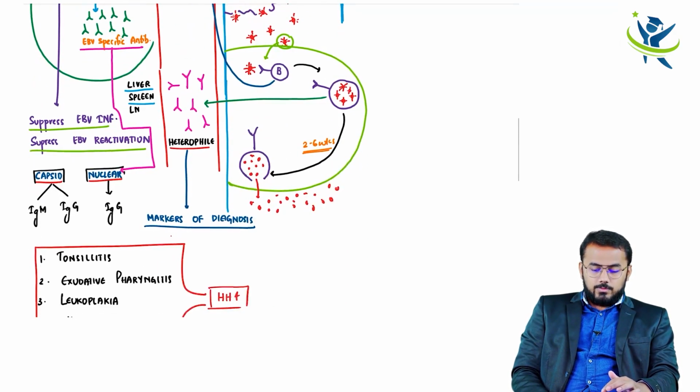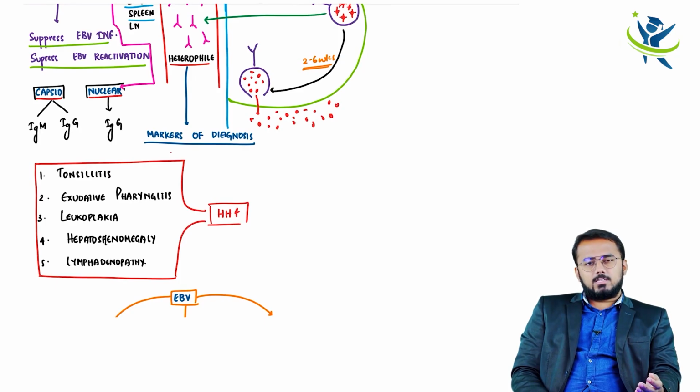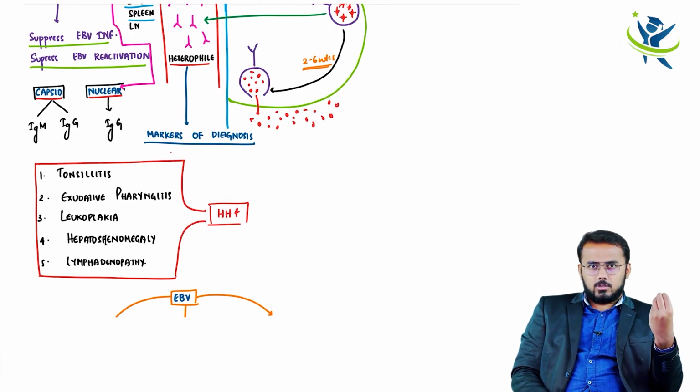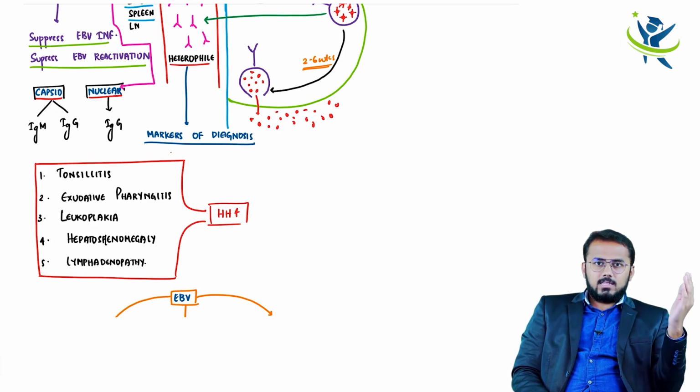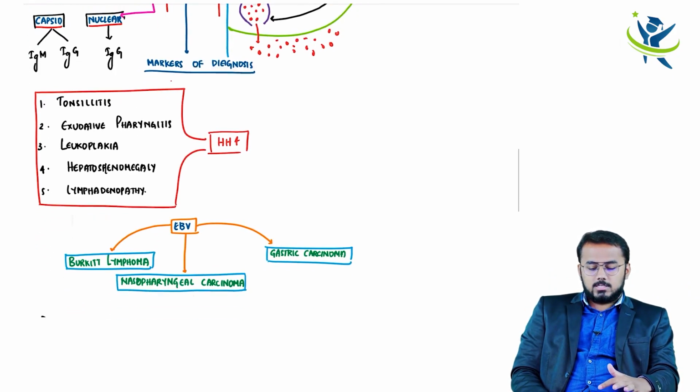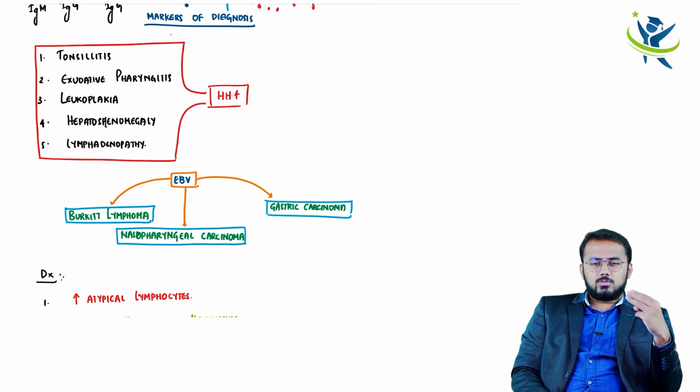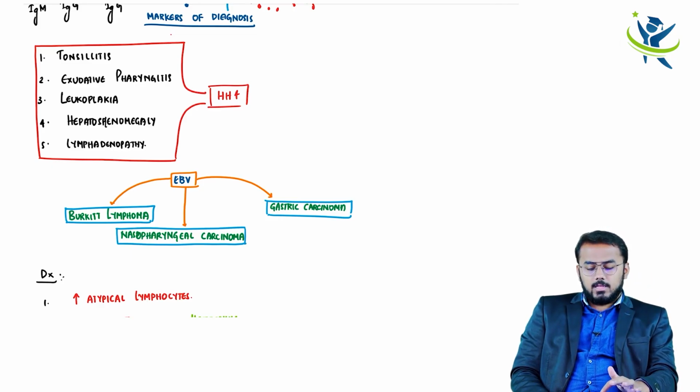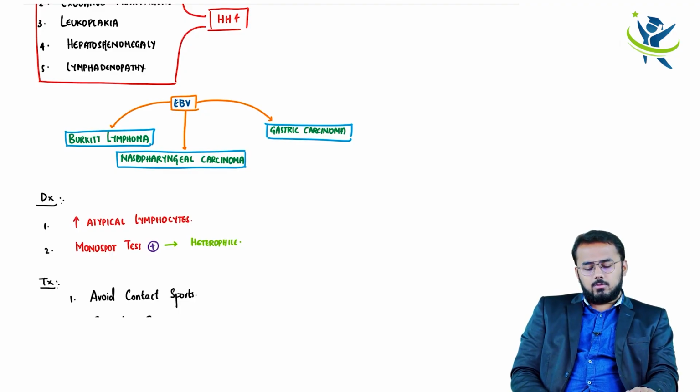Now, what is the patient going to have when the virus enters the mouth? It will affect the tonsils, so the patient is going to have tonsillitis. If it affects the pharynx, it is going to cause exudative pharyngitis. On the tongue, it causes leukoplakia, and obviously at the end it goes to the liver and the spleen, so the patient is going to have hepatosplenomegaly. This EBV infection is associated with 3 types of cancer: Burkitt lymphoma, nasopharyngeal carcinoma and gastric carcinoma. Regarding the diagnosis, I hope all of you know what I am talking about,